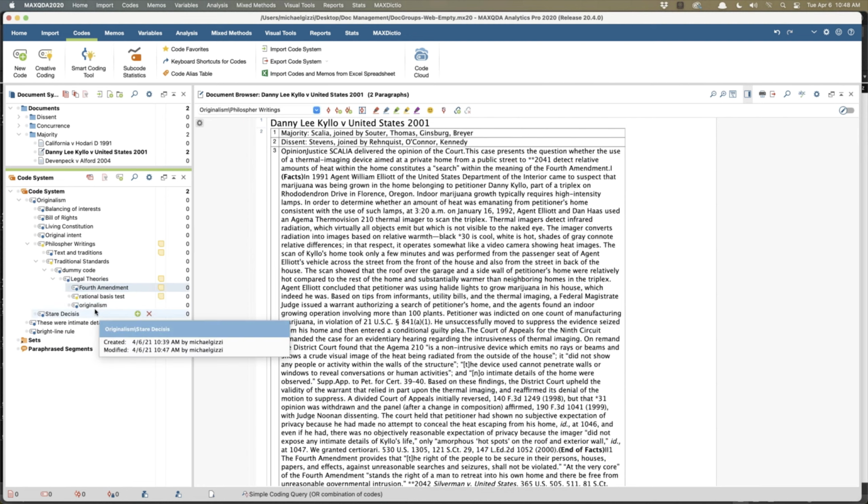I can keep going as deep as I want in this. Yes, Alicia, I think you're right. And the thing with MaxQDA, in training about this software, I constantly come across a tool that I never used, and it's like, why didn't I use this? Partially because there are so many tools available to you, you use what you need or what you want to use. So that's a great comment there.